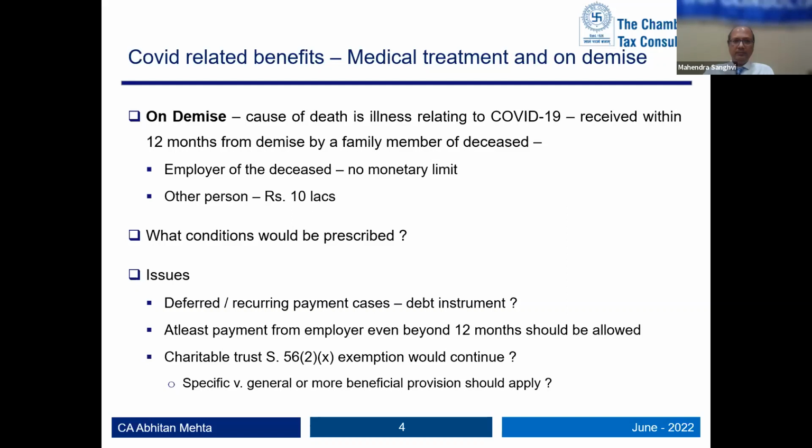Again, we don't know the condition, but we have heard that a few employers have told the families of employees who have died that they will remunerate, that they will give salary till the employee's retirement. In those scenarios, after 12 months, this will become taxable. A few big companies, we have all read in papers, have extended this. So the point is, is there a way?